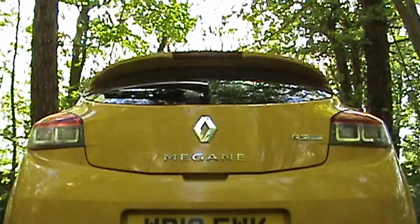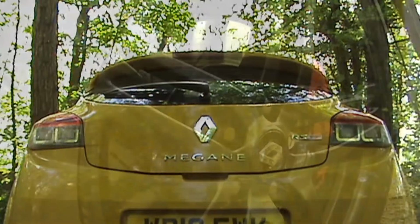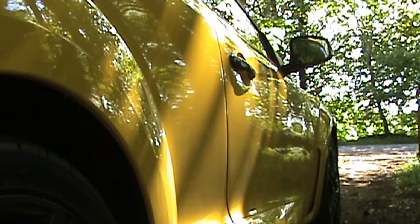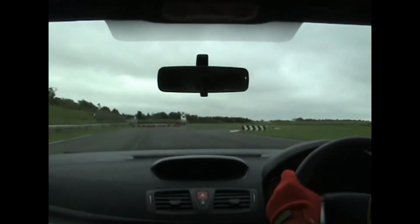Today we're looking at a future classic, the Renault Megane 250 RS. Great looking car in striking yellow. The question for us though, is it likely to be a future classic? It does perform well on the track. But the question is, on the road, do you get the same feeling as you do with a traditional classic